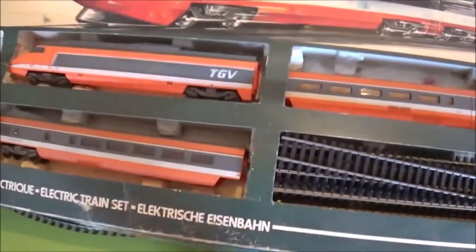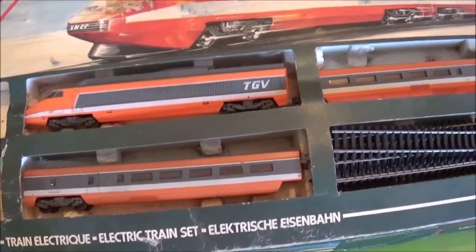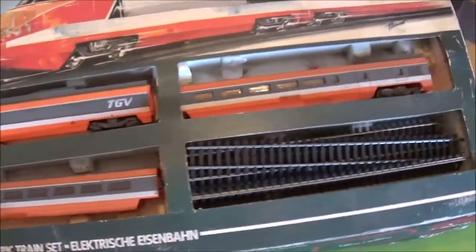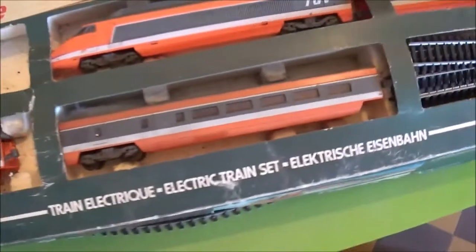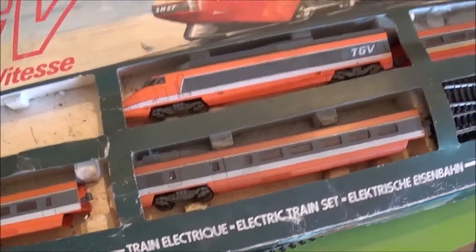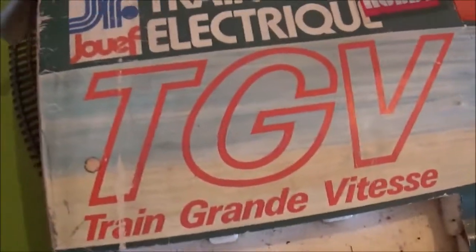I went to a brocante today, and I walked all round said brocante, and I didn't see too much that I felt interested in, but I did strike a deal with an elderly lady who was flogging some train set stuff. Now,